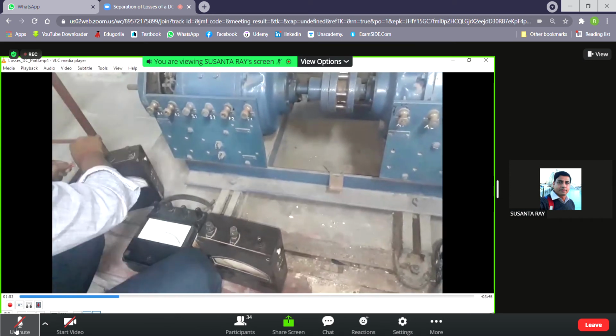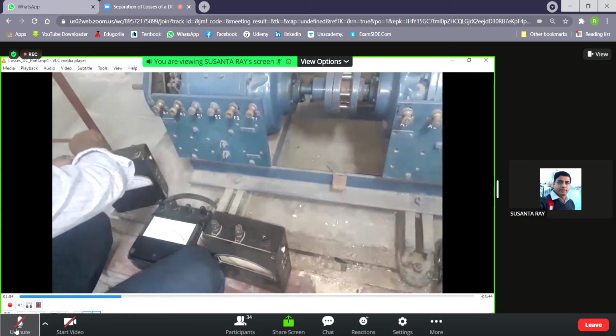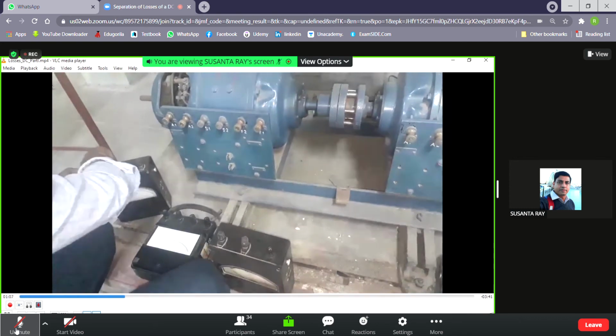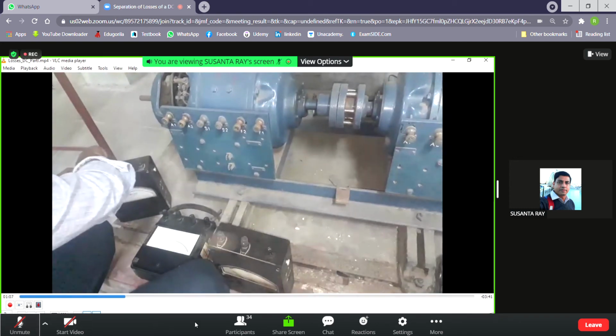Wrongly he was connecting, but now he has chosen another ammeter. So can you tell me what was the mistake earlier? Why was he connecting wrongly with the other ammeter? What may be the problem? Maybe the rating of that ammeter will be wrong, I guess.